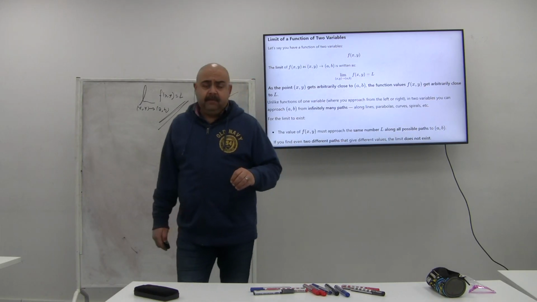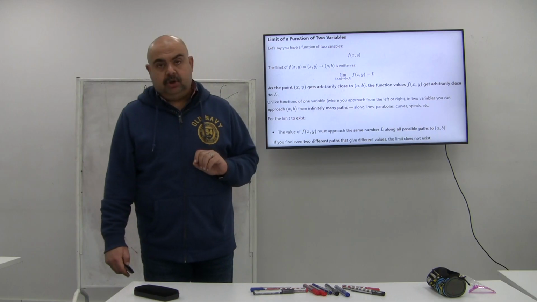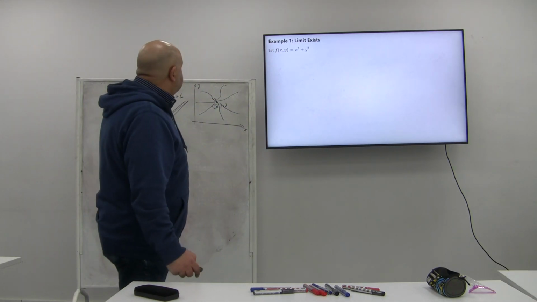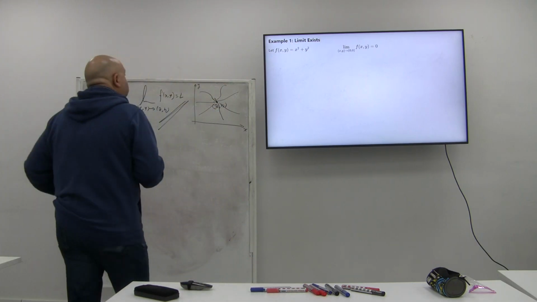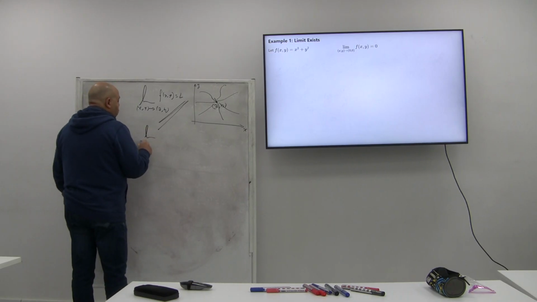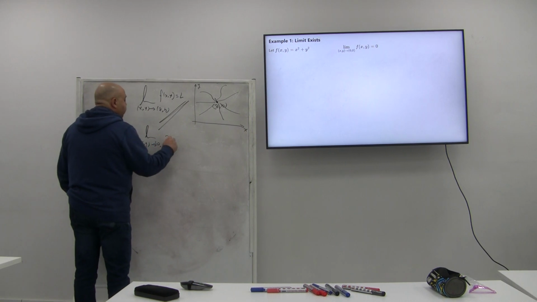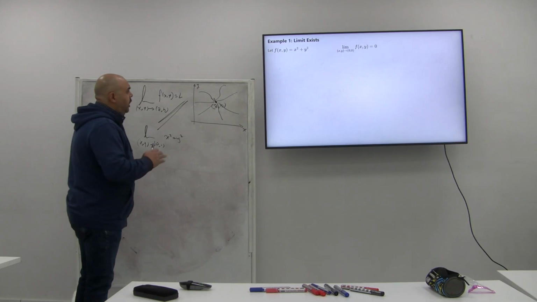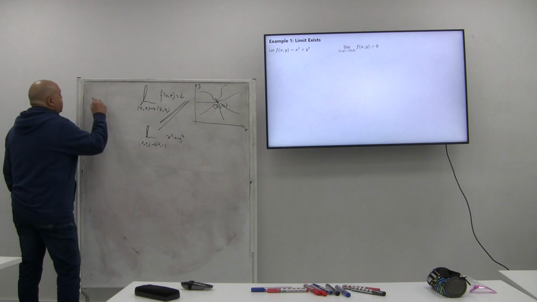This is the problem of investigating the limits in two dimensions. Okay, let's look at this example. Let us try to see the limit. Here we go. That's the limit as x and y tend to the origin of x squared plus y squared. Very simple. Let's do it through the x-axis,